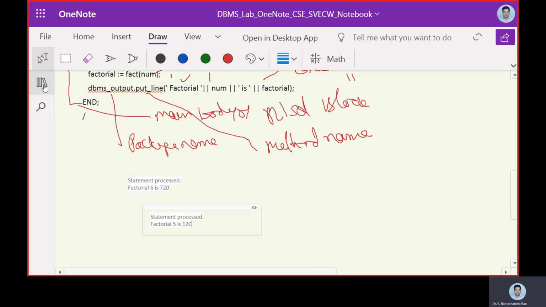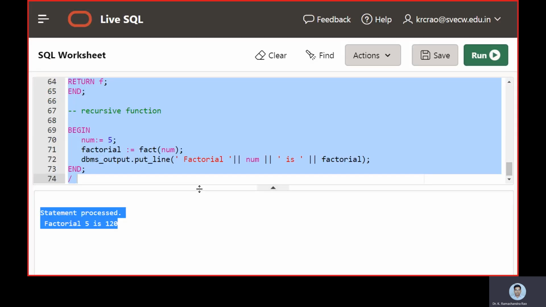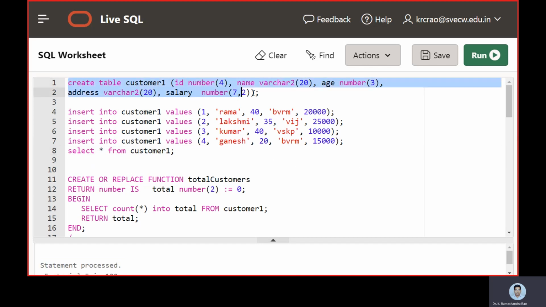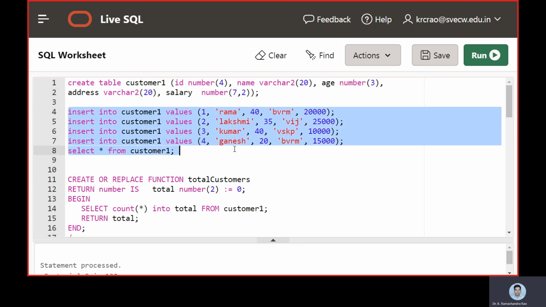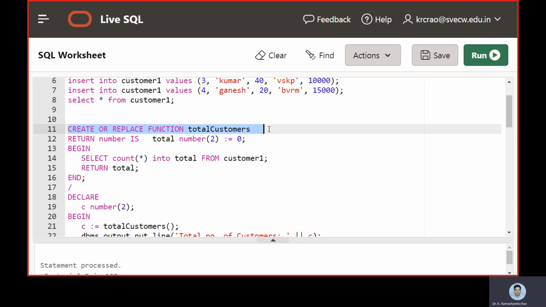So in this way we are primarily focusing on factorial and maximum of a number as the programming part from PLSQL. But from the database point of view, we created a table, we made insert operations, and then we called up a function body.